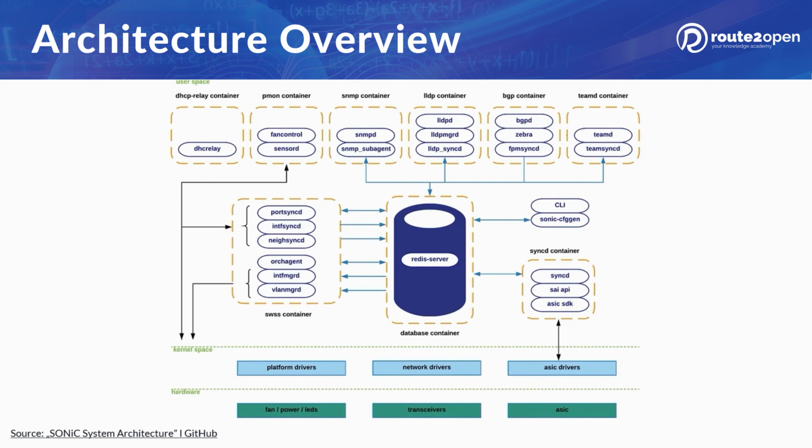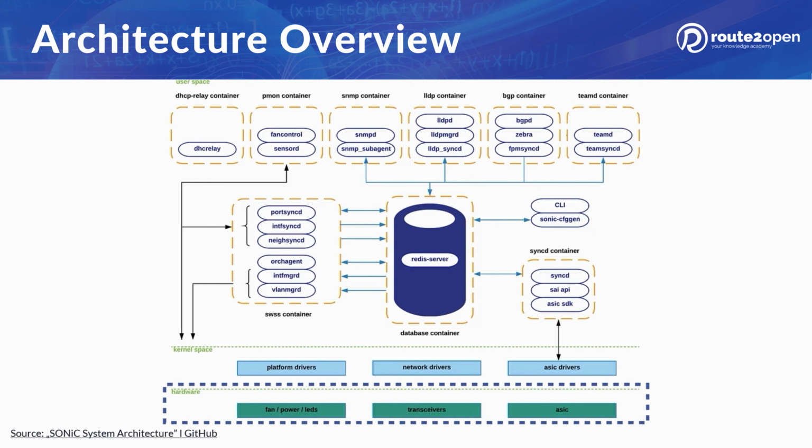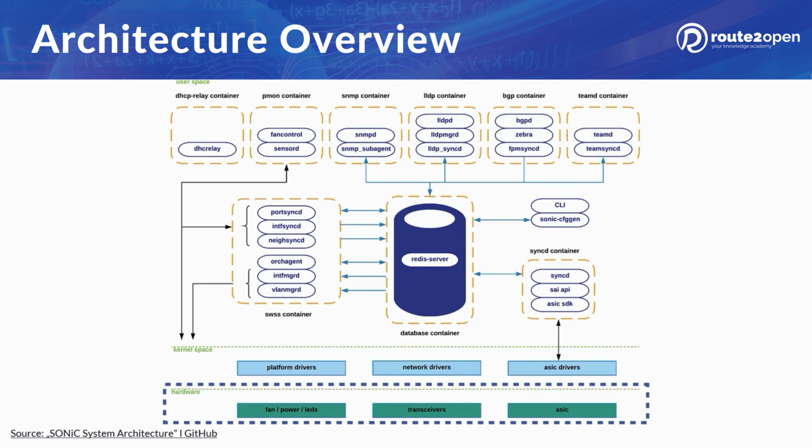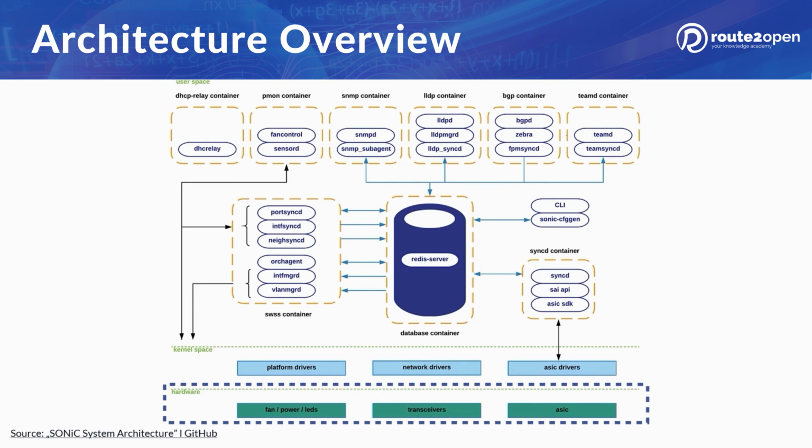This diagram describes the whole disaggregated architecture of the SONiC networking operating system and the interactions between all of the components, starting at the hardware level all the way up through the kernel and user space. At the bottom of the diagram, we see elements which are related to the physical hardware, that is the switch, running SONiC. Those are things such as fans, power supplies, or LEDs informing us about the status of each port.